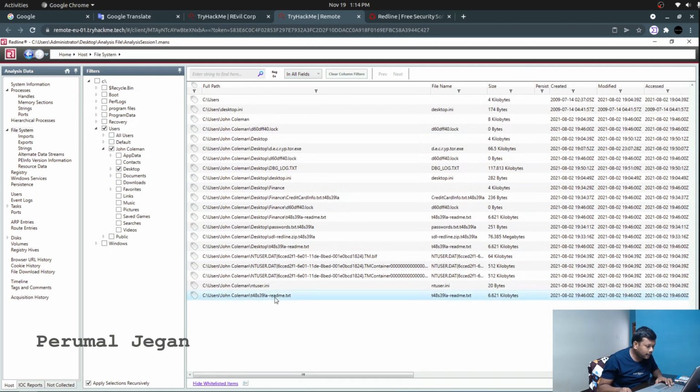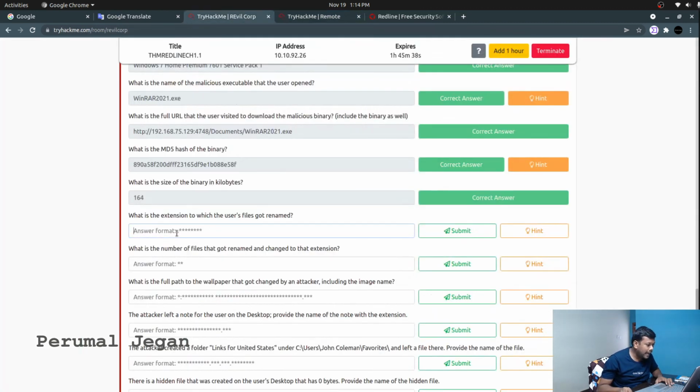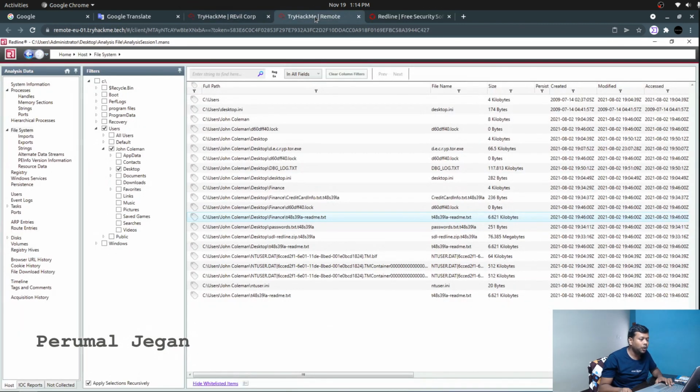There is a readme.txt file, so this must be the ransom note they gave. We can also see a few other files with the extension .lock, but the hint indicates the extension has more than 4 characters, and yeah, this must be the extension.